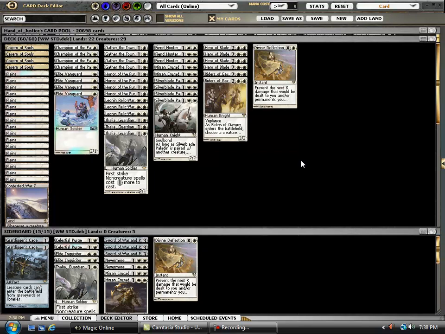Some of the important changes from your typical Haunted Humans build is going to be the inclusion of Elite Vanguard, which I think really deserves a spot in this deck, just because this deck is more or less an all-in strategy. It's not quite as all-in as some decks in the past, some of the red speed burn decks, but